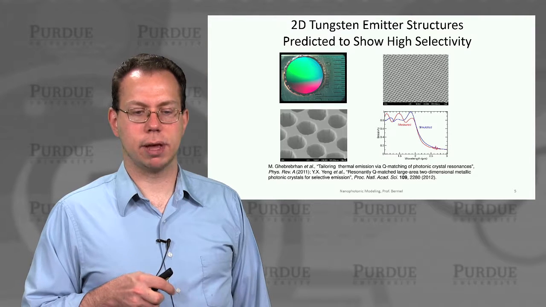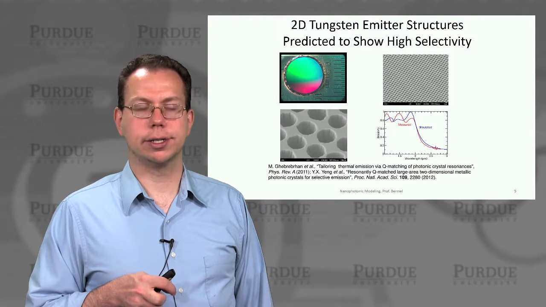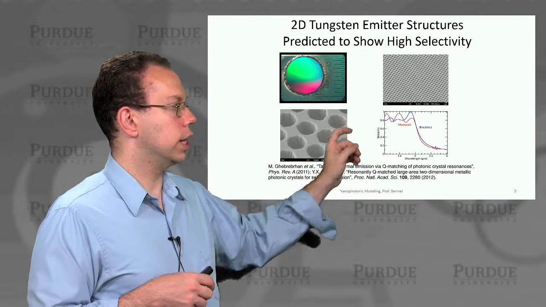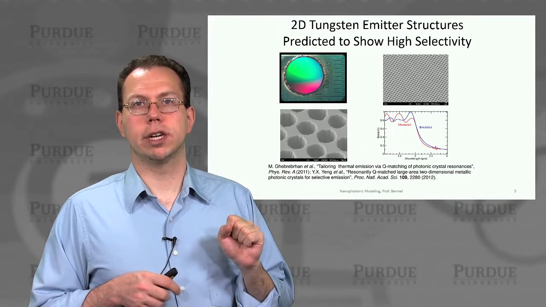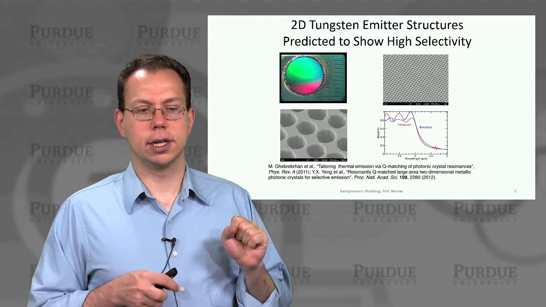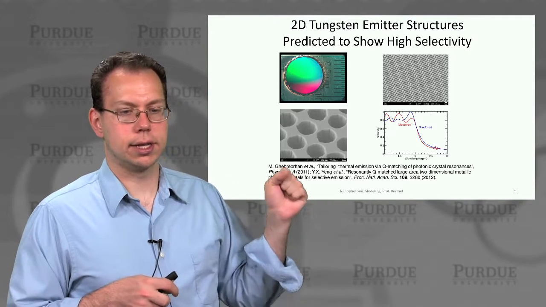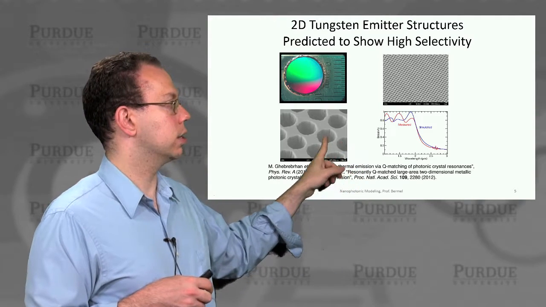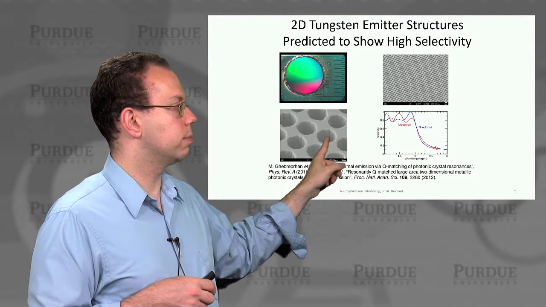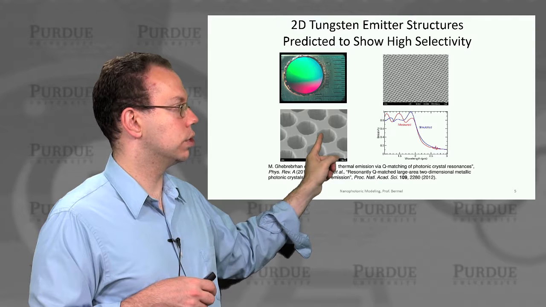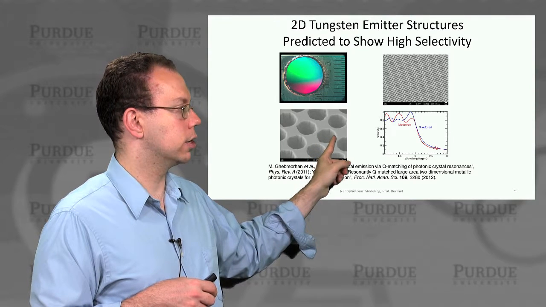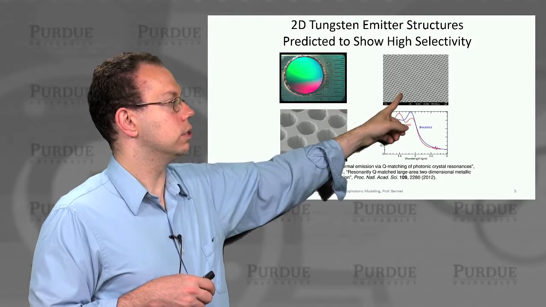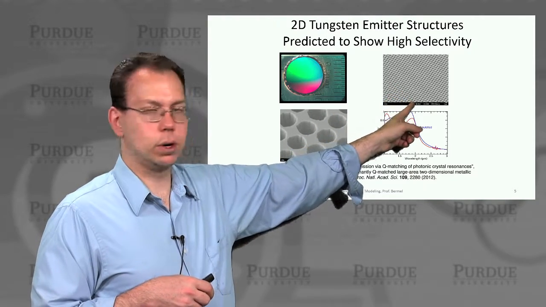And then there was another paper from the year before, also in the same journal, showing you can also create these 2D photonic crystal structures instead of the 1D structure. And these can also have very high selectivity. This shows what it looks like on the micro scale. These individual holes are probably 1 micron across, and the period is about 1.5. And if you zoom out a little bit, you can see it's very well ordered.